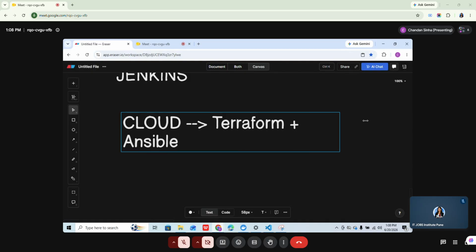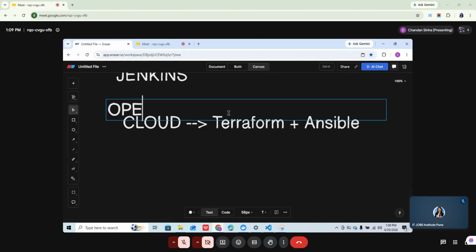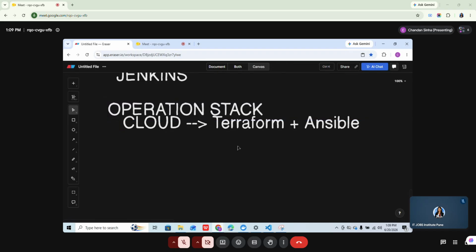क्लाउड प्लस टेराफॉर्म प्लस एनसिबल, ये हो गया पूरा ऑपरेशन स्टैक। अगर ये 3 चीजें आती हैं तो यू विल बी अ गुड प्लेटफॉर्म इंजीनियर, ऑपरेशन इंजीनियर।